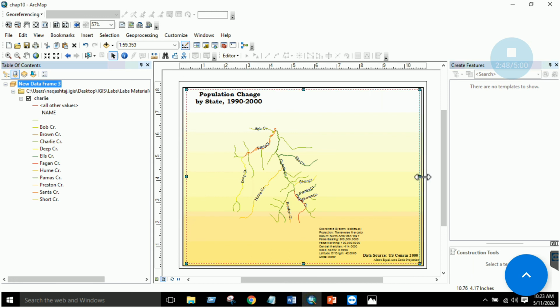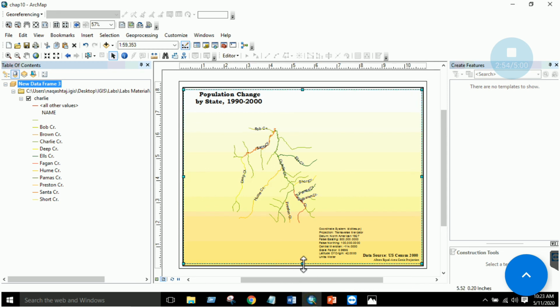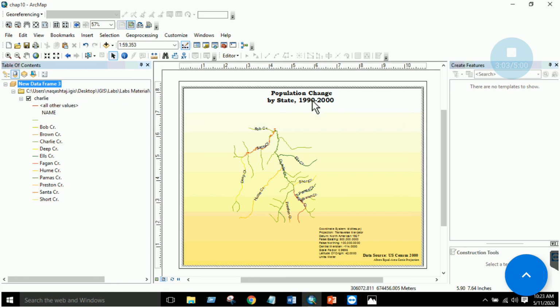Once you are done with all these things, you just have to change the title, add the north arrow, add the scale bar and other properties. For example, if you want to add a different title, just click on this and zoom it more.